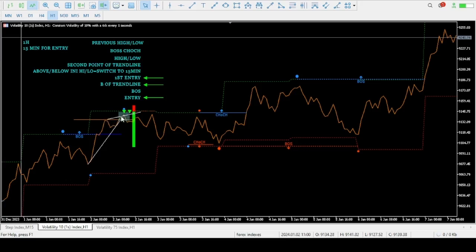we switch to 15 minutes. So it's previous high or low, BOS or church, high or low, in this case high, second point of trend line. This is the second point of trend line, 1 below BOS and 1 above BOS. Okay, above and below initial high and initial low, this is the point, and then you switch to 15 minutes above the initial high. Here we switch to 15 minutes, you get the first entry in 15 minutes, which is,